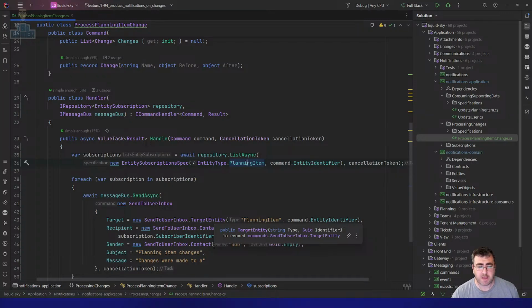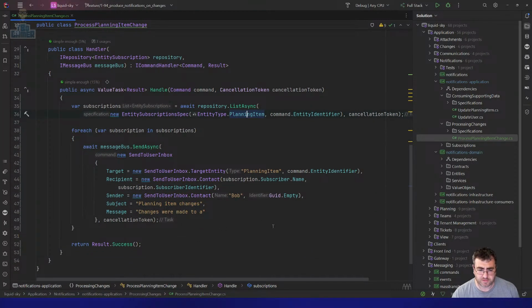It can't be producing notifications but not have the users to notify. So I'm going to have to create some sort of outbox here that not only reacts to changes in the system,